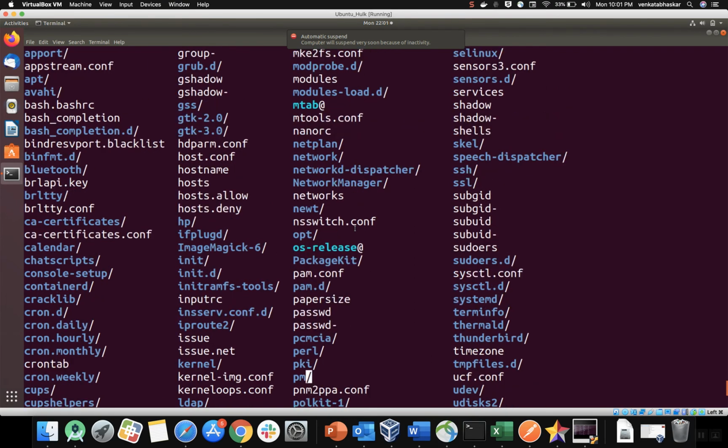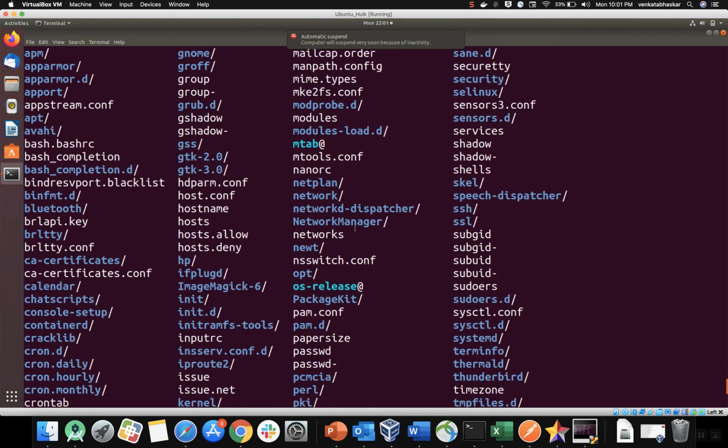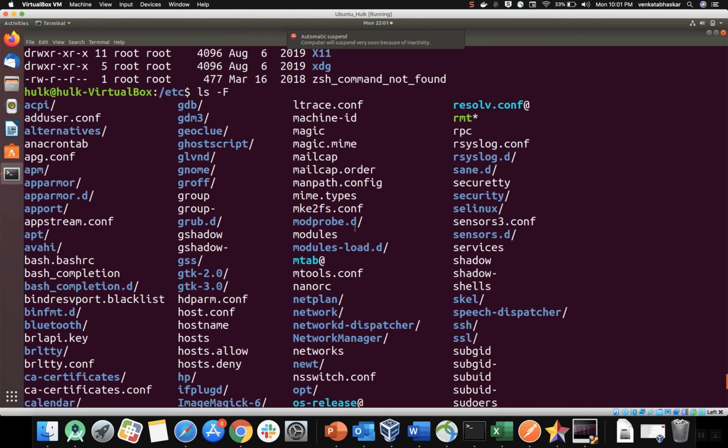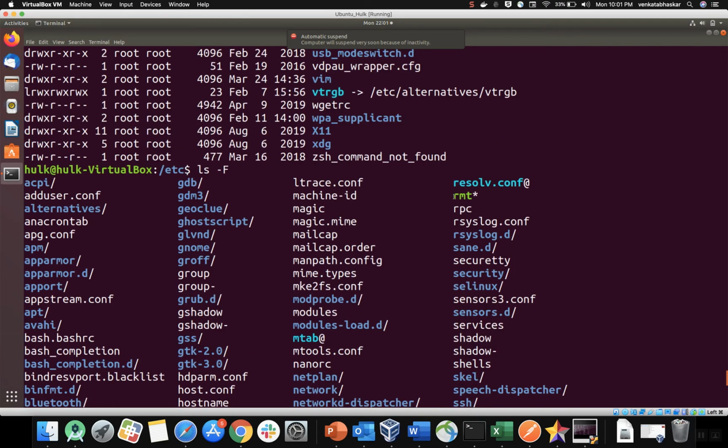Can we see any other thing? Slash and @ only, there are no other files. If you see here, rmt has a star which indicates an executable file. As in the previous tutorial I explained, all binary executables are inside a bin directory.